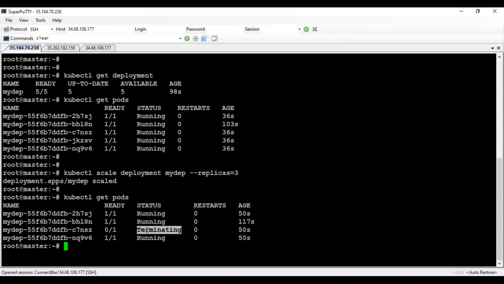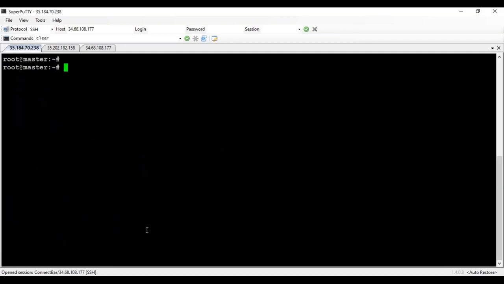Now let's try to access this. As we discussed, the service concept also acts as a load balancer. Now let's try to expose this deployment, and then we'll try to access it. In a similar way, team, we need to create a service. The service is now going to act as a front end for all the pods in the back. kubectl expose deployment mydep, right? We can give a port number here, equal to 3000, team, the application port number which I'm giving.